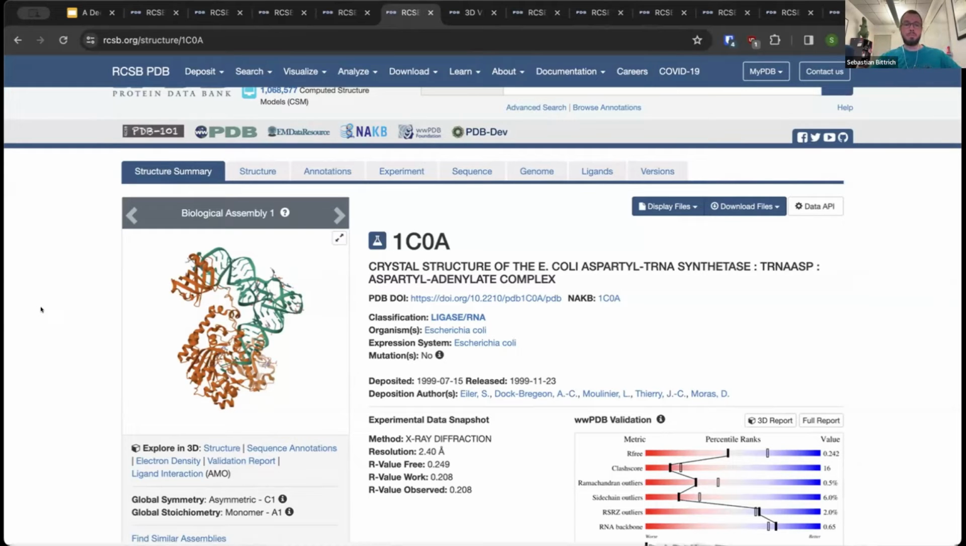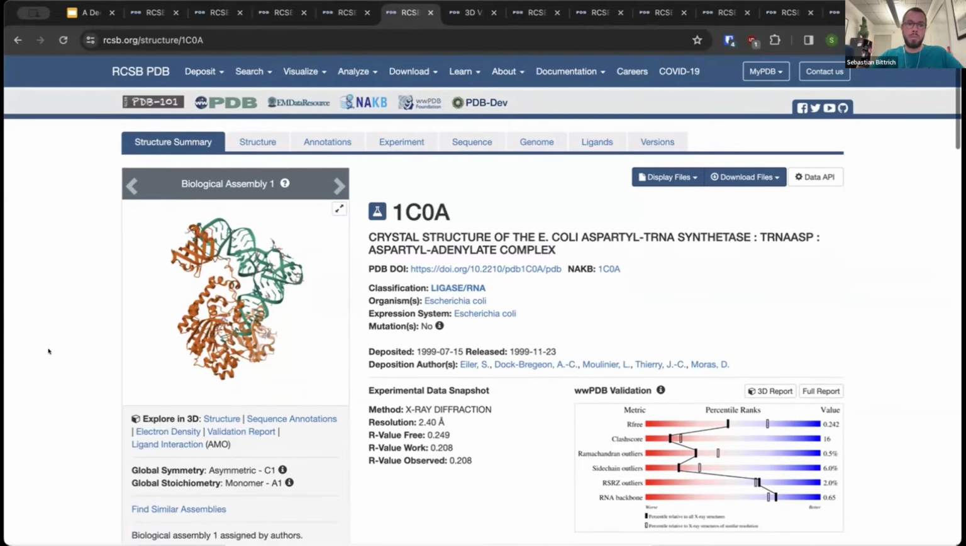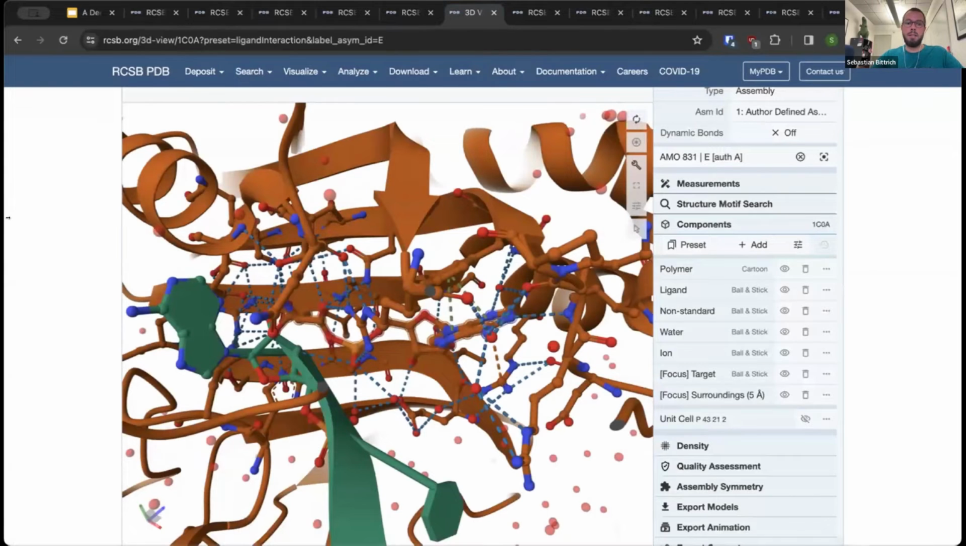And one way to launch such a query would be to follow this Explore in 3D link, which takes you to our Mol* 3D viewer to visualize everything in 3D, and you get basically different things that you might care about, like electron density if it's available, or validation of the structure. But what I want to do is to look at the ligand interactions, and if you follow this link, you